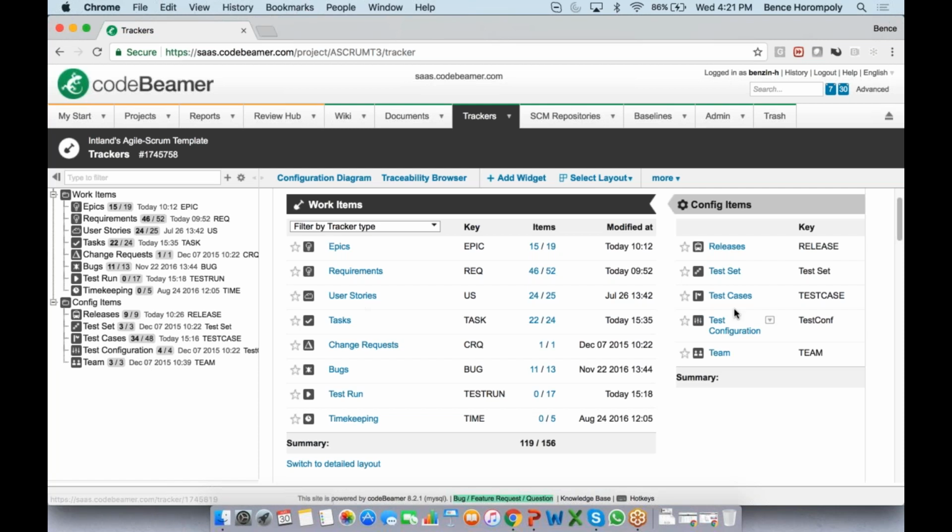And then user stories can be linked to test cases. And you can also generate test cases from user stories, and then view the coverage of your user stories with these test cases. You can report change requests and bugs to anything, basically. So you have a kind of clean process. If you want, you can have a change control board, and then if you have a requirement or a user story that needs to go through a change, then if you want to have a more strict process that's not really agile, then you set up a change request, and then you have a clean-cut process for change management.